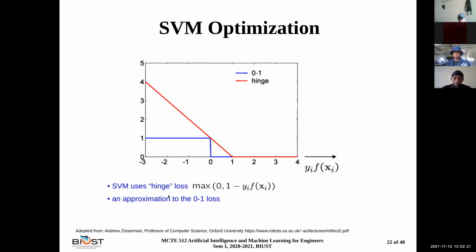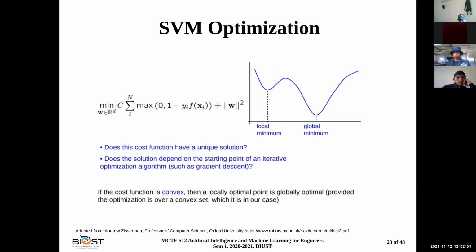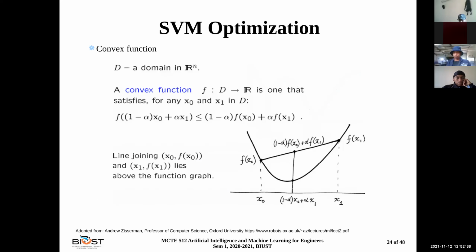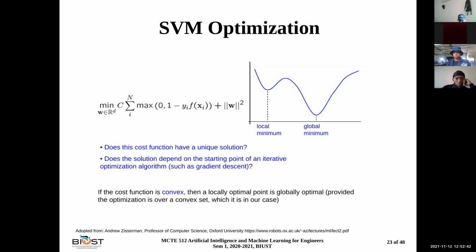It could be when you say maximum of this, or it could be an approximation of the 0-1 loss, but then you have a hinge function. It can go, as this one grows bigger, then you can have a much bigger loss. Okay. So anyway, I want to start by saying that this optimization